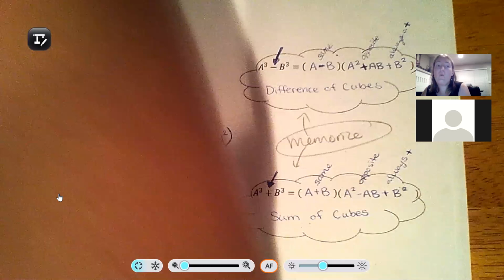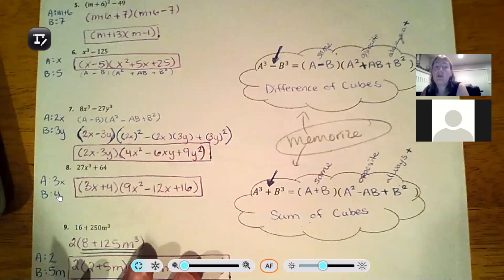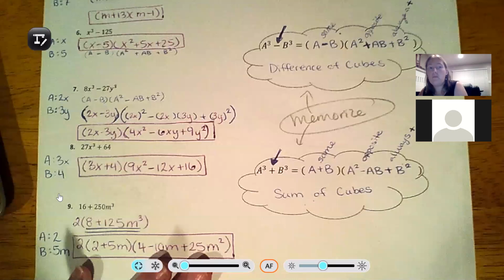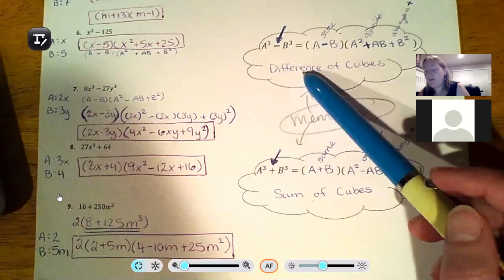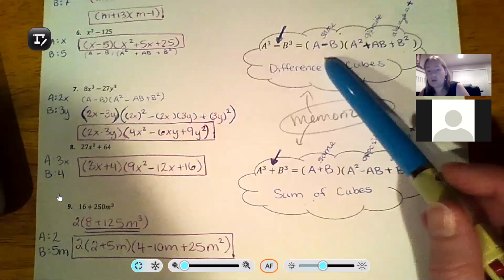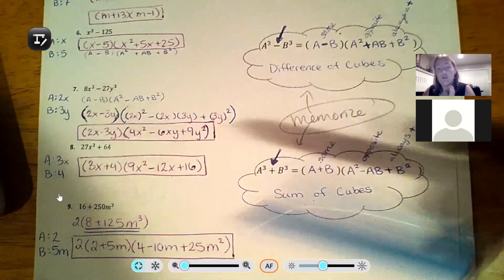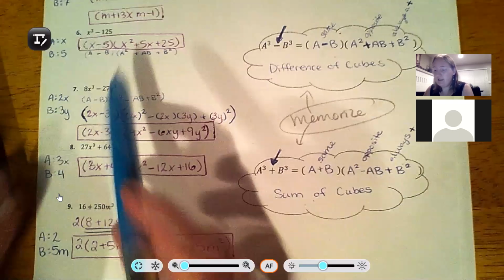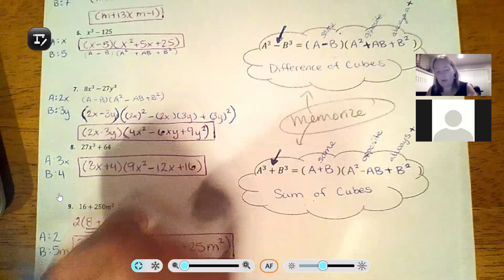They don't show up quite as frequently, but you definitely will be tested on it. It does come up on your tests. And the only way you can get it to be factored is by knowing this pattern. So it has to be memorized. There's no way to factor otherwise, unless you're just guessing and checking, and it would be a very difficult guess and check. So the idea here is that you are going to,